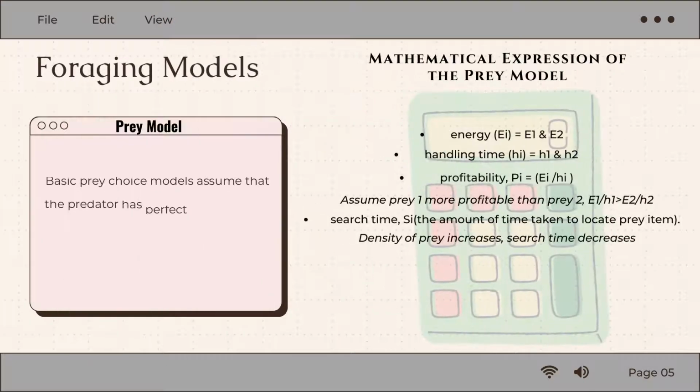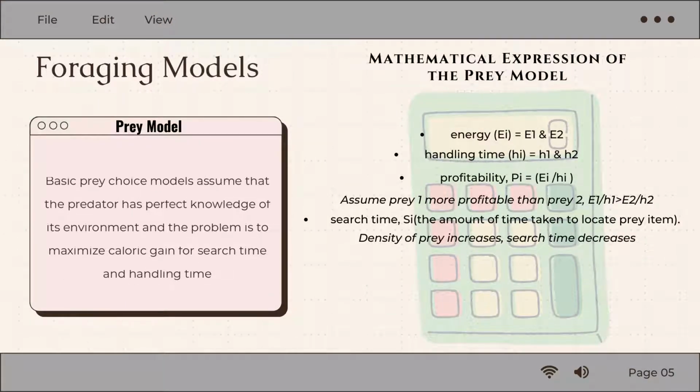For the prey model, basic prey choice models assume that the predator has perfect knowledge of its environment, and the problem is to maximize caloric gain for search time and handling time. Therefore, the model assumes prey 1 is more profitable than prey 2, which is E1 over H1 is greater than E2